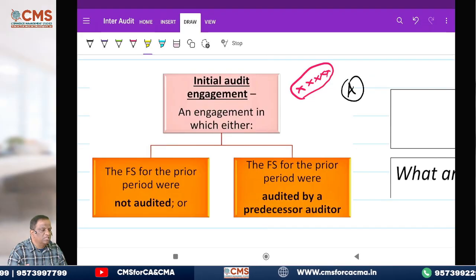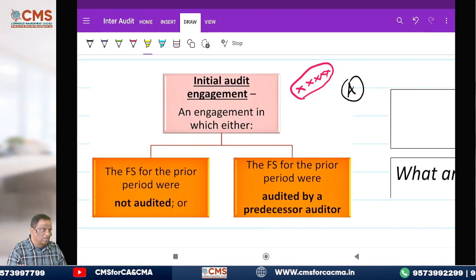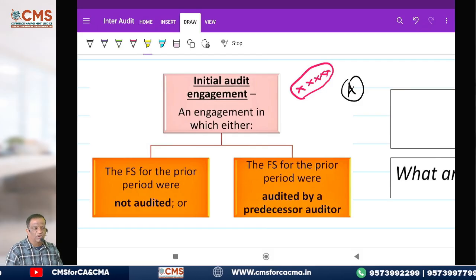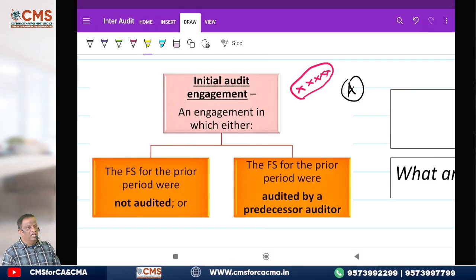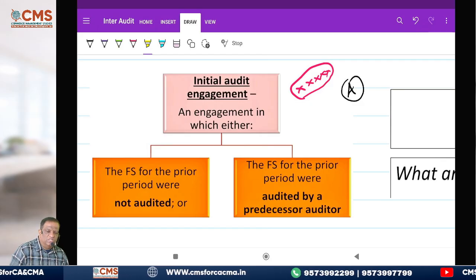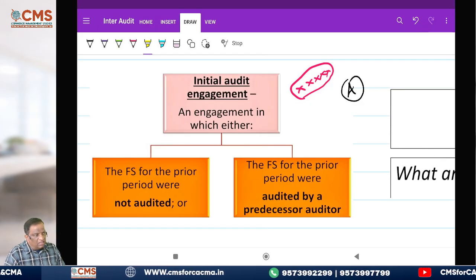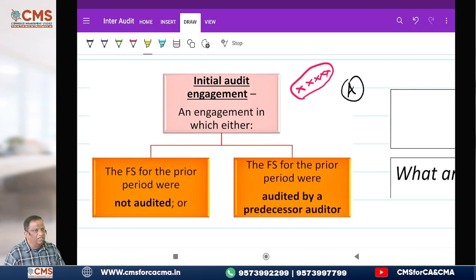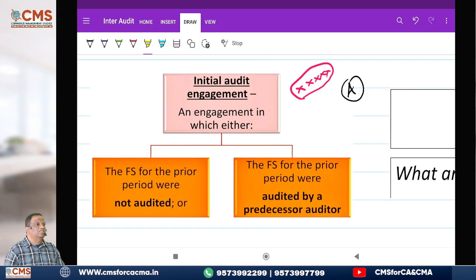Many times the exam asks you for the definition itself. What do I mean by initial engagement? The definition itself is important. Initial engagement is a first engagement. It means either the financials for the prior period are not at all audited, that is, the audit itself is the first time for the entity,